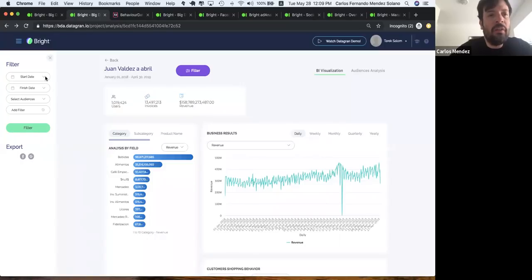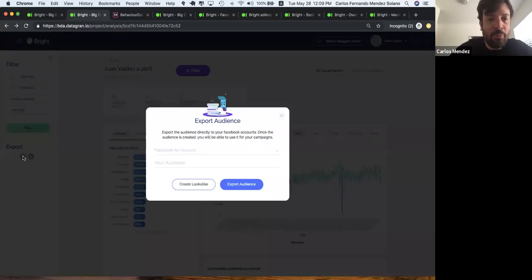All right. So the other feature that you have here in this descriptive dashboard is the filters. This is a really cool feature too, because you can choose all of the categories or the elements that you want to analyze and create your own filters for your own analysis. Then what is really helpful here is that you can export that filter, or that cluster that you made in your filters, to Facebook or Google as a custom or similar audience or a lookalike audience.